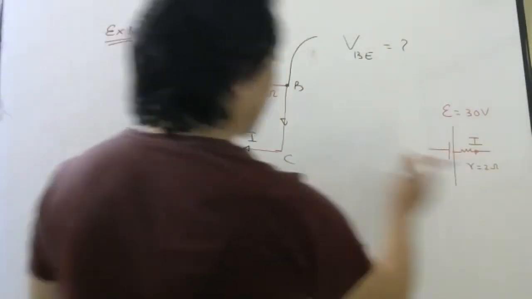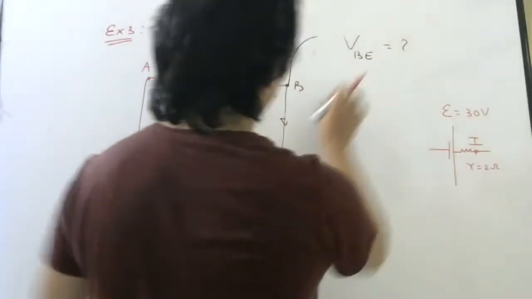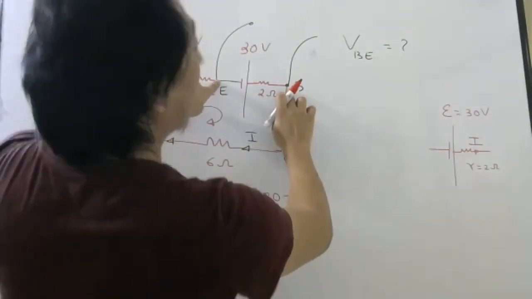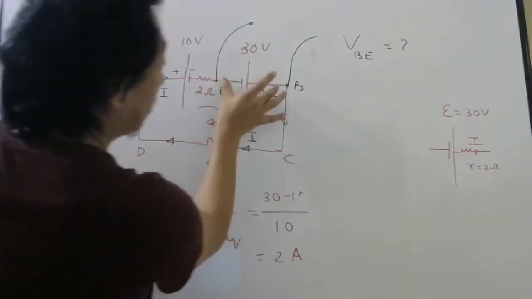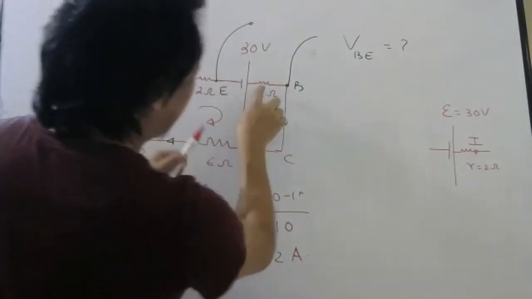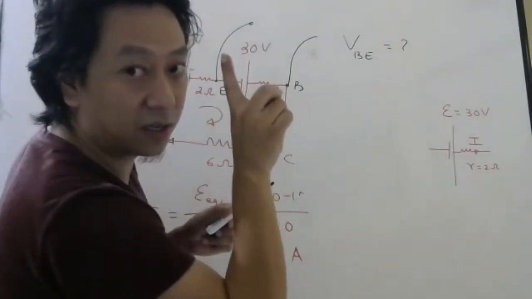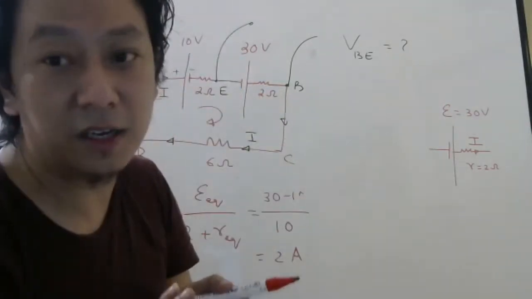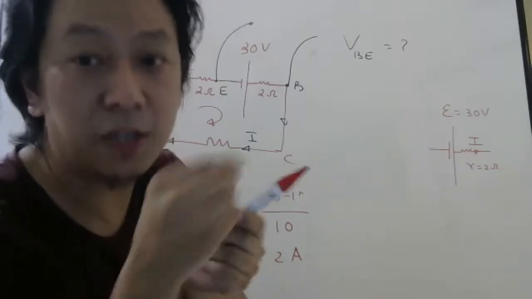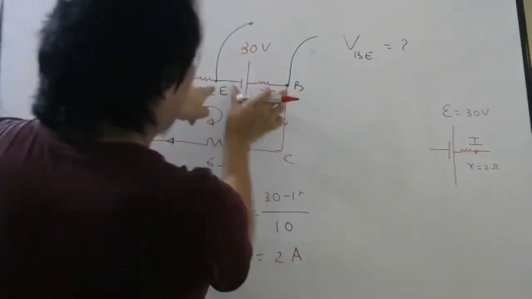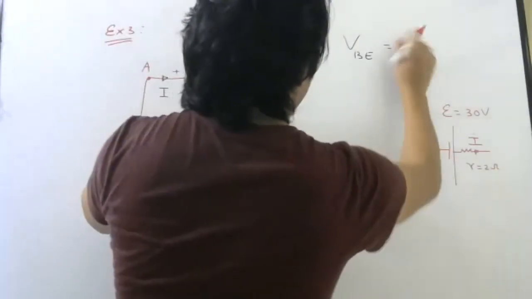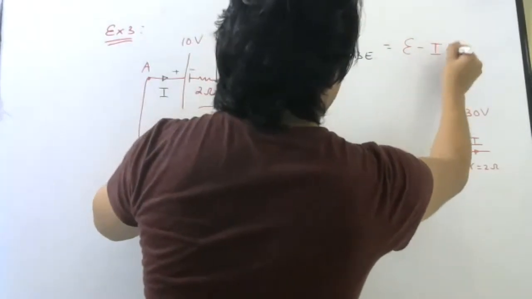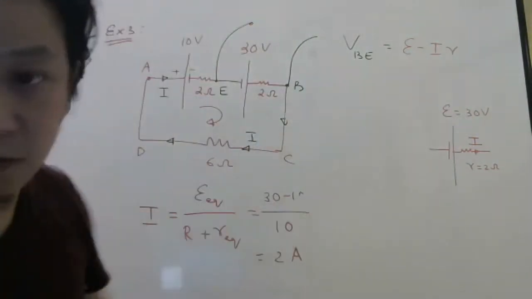So since this is discharging, the terminal voltage here, VE, this potential difference means what? This is the potential difference between the terminals of the battery. This is inside only, remember. Yesterday also I told you, this is the internal resistance. It will be inside the battery only, but for our clarity, we are showing it outside. So the potential difference here will be E minus IR. Yesterday we used this formula so much.